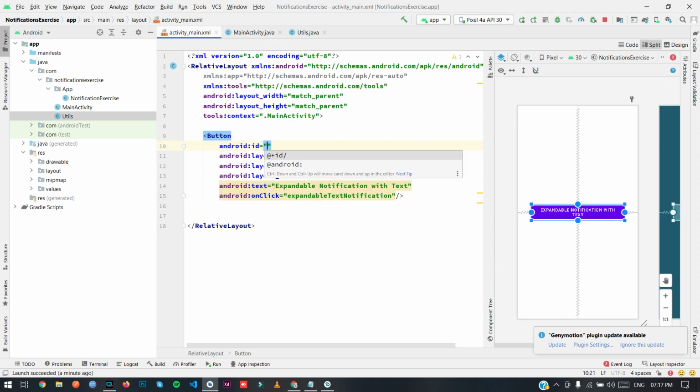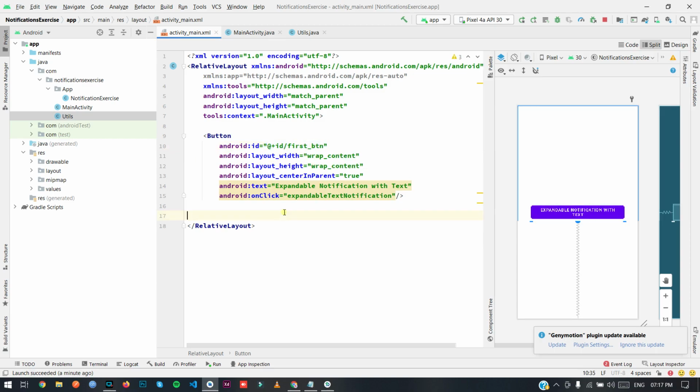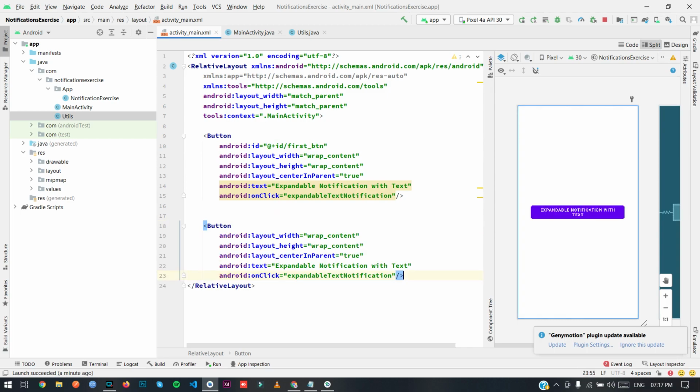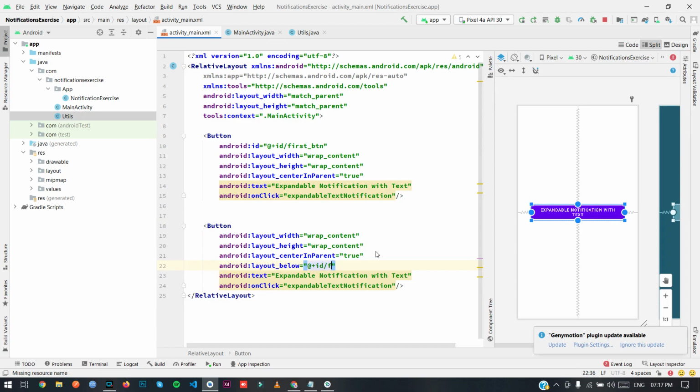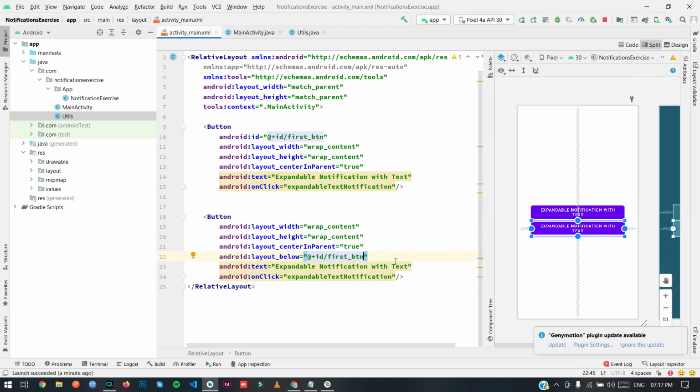So I'm going to set an ID to it. Give it an image first button, and below ID, first button with image.